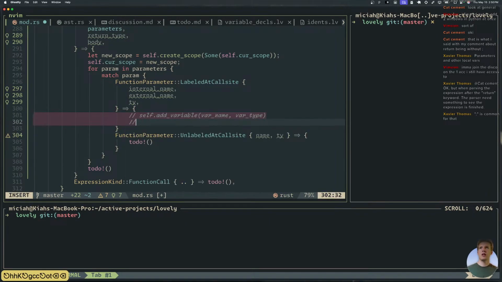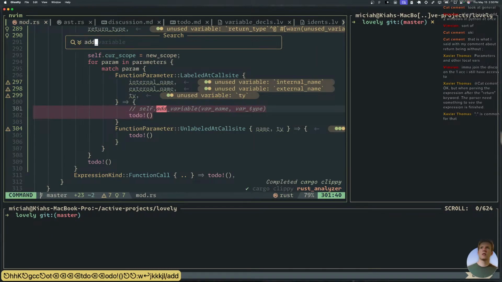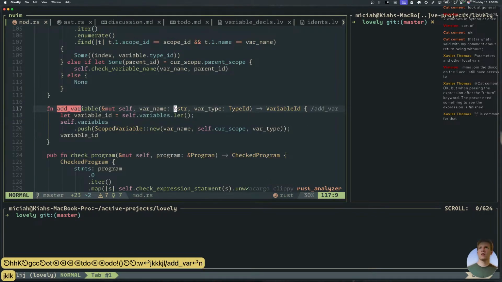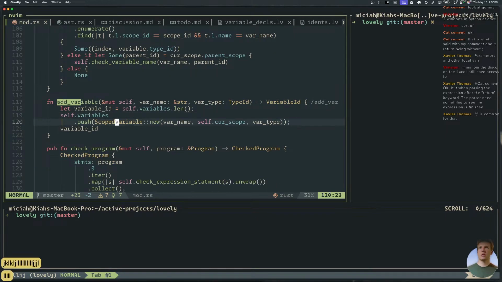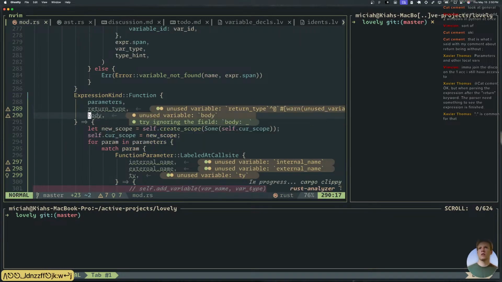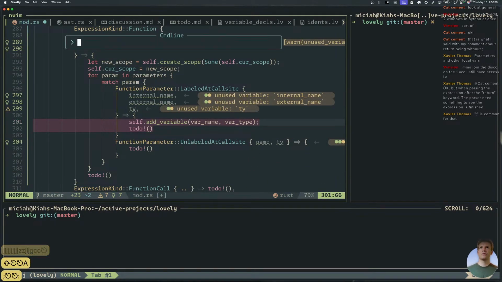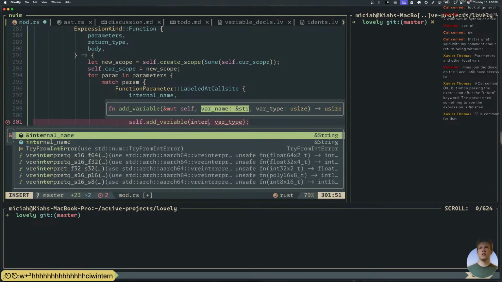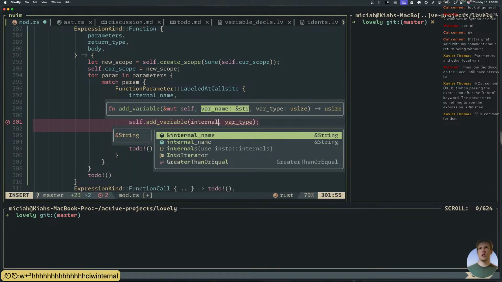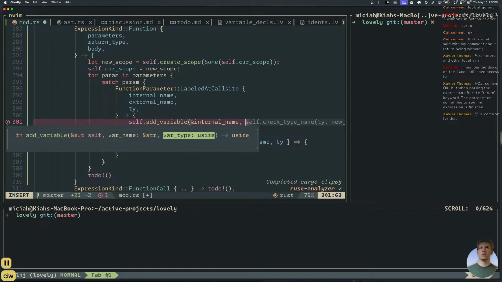Wait, does this do it by default in the current scope? Yeah, it does it in the cur scope. Gotcha. Okay. So that's good. Var name is internal name. Var type is that.